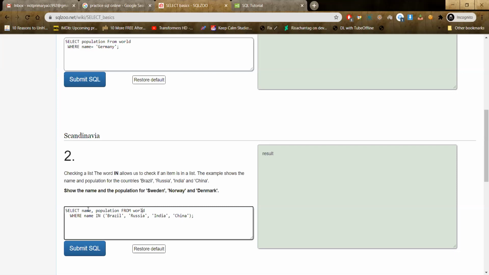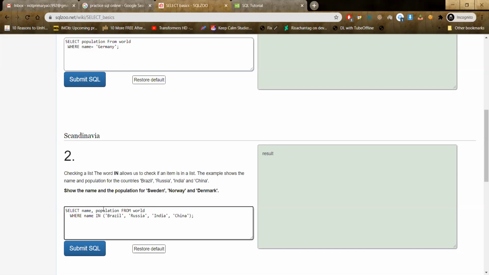So now in this second example, they have shown a different kind of where clause where you are including a list, and the statement is select name, population. So you're selecting two columns this time from world, which is the table, where name in this list.